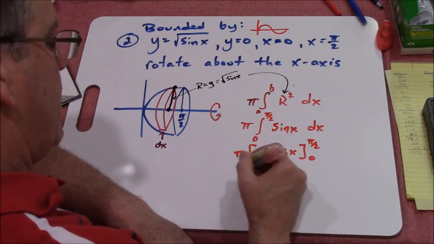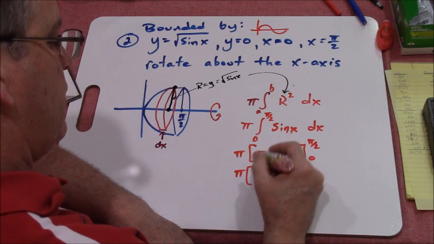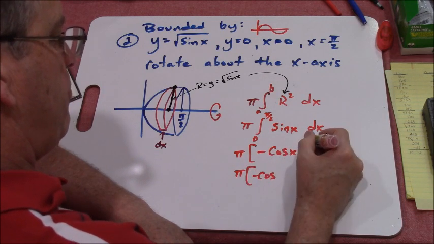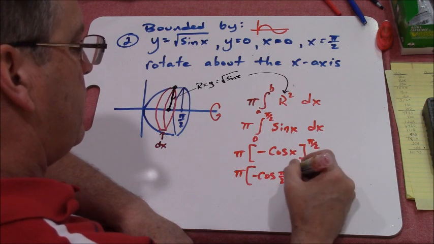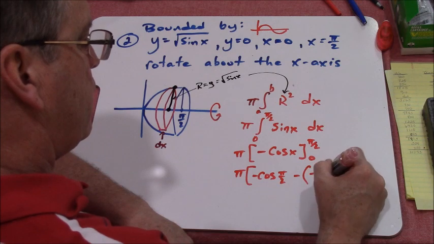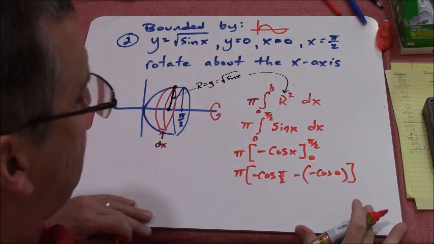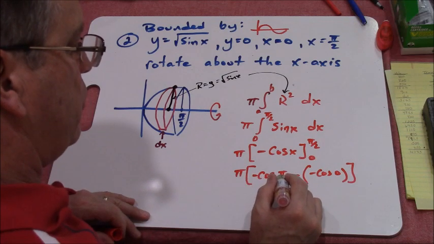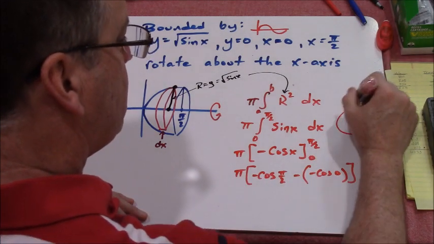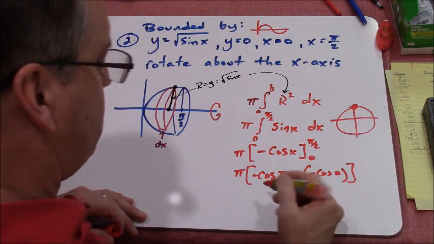And so if I plug that in, I've got pi times a negative cosine of pi over 2, minus what you get when you plug the 0 in, which would be a negative cosine of 0. And the cosine at pi over 2, think unit circle, the value of the cosine right here is 0,